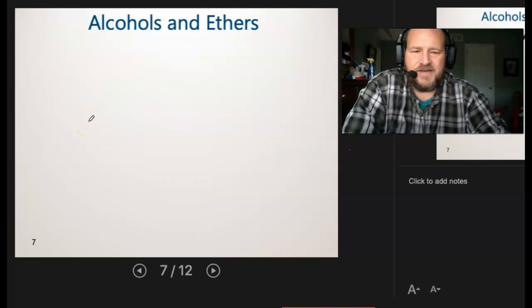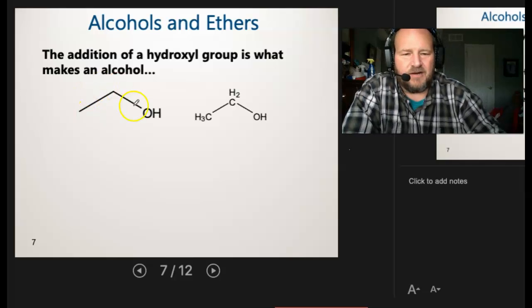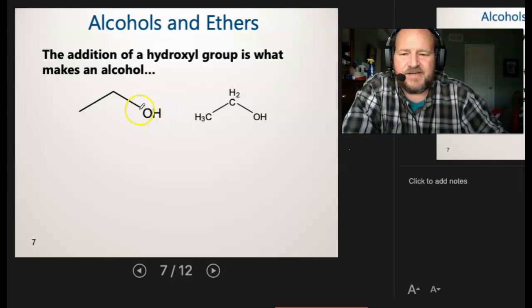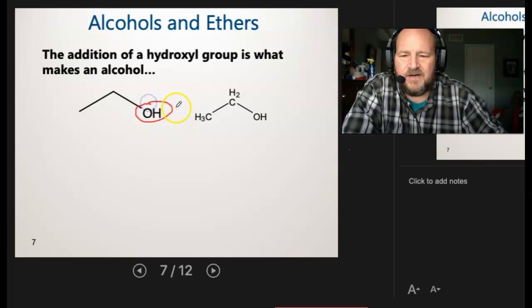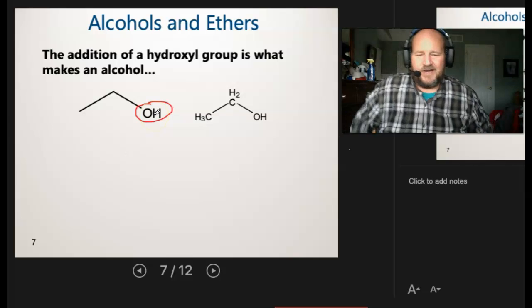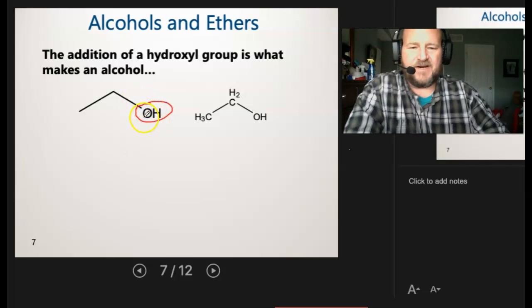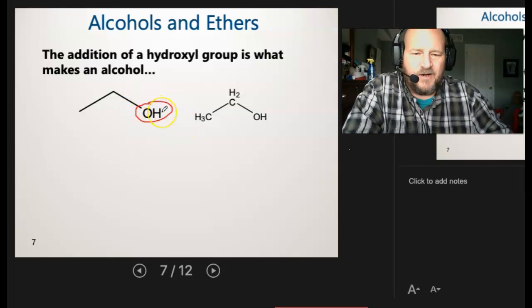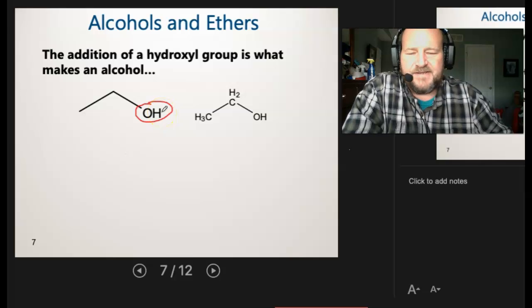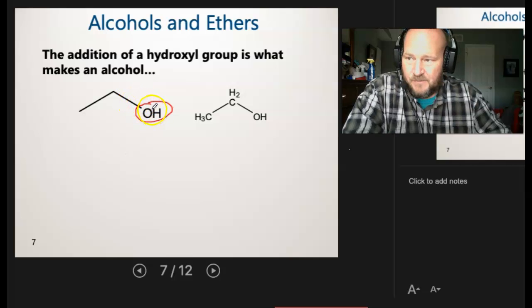All right, so alcohols and ethers. I told you this is going to be the addition of an oxygen. And so here it's going to look like our bases, since we just got done with acids and bases in the last chapter. There's your base, but in organic chemistry, this is not basic at all. It doesn't come apart. The carbon-oxygen bond is a very stable bond, so this doesn't come off. In order to be a base, that OH group has to be able to dissociate. Remember, that was part of being a base. This will not dissociate, so this is not basic. But it is what we call an alcohol group.